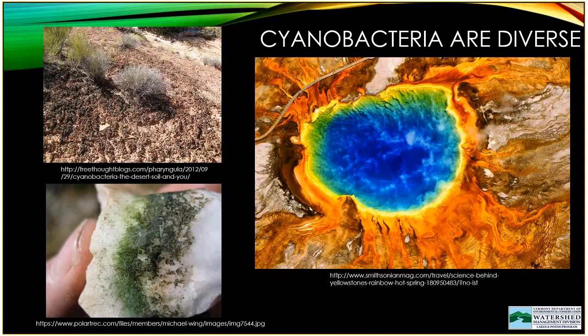The image at the upper left is in the desert. That black material that you see there is what is known as the desert crust. It's a biological community, and a large component of that is cyanobacteria. The desert crust tends to form first on top of the desert sands and soils. After it's been there for a while, there's enough organic material in place that other things like shrubs and trees